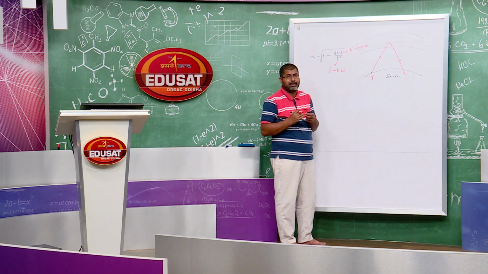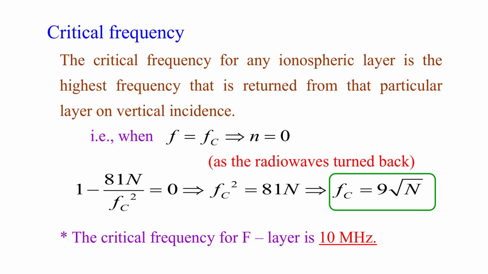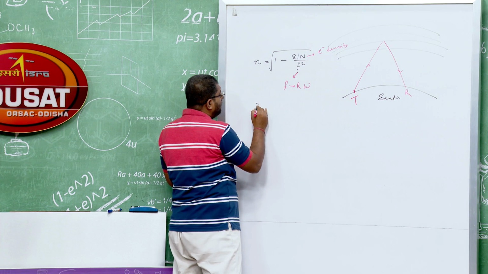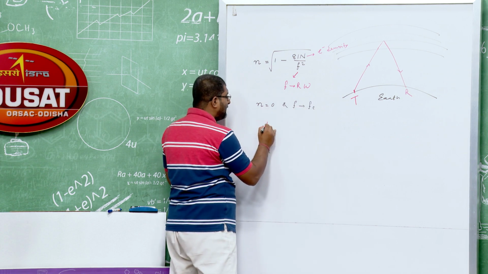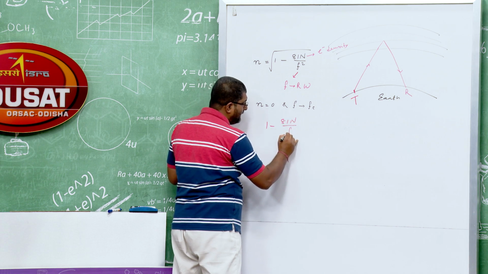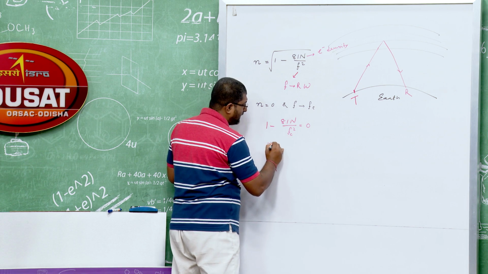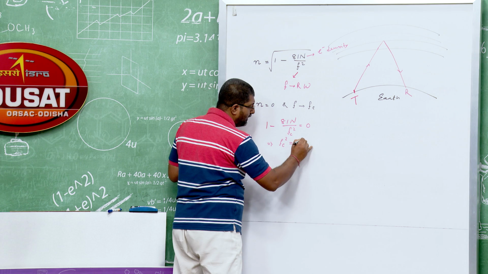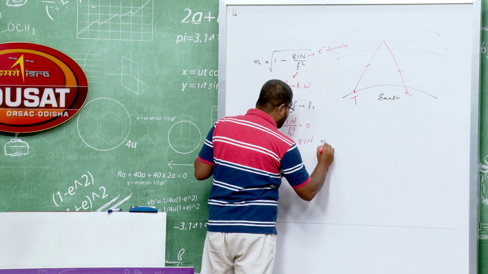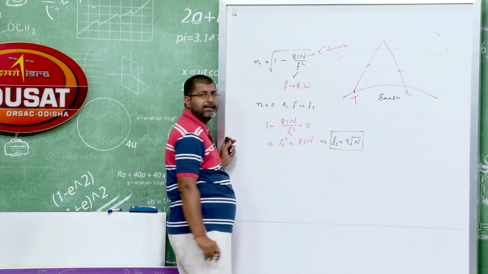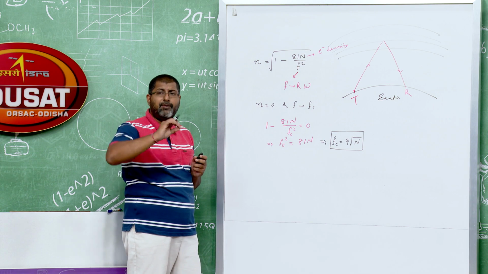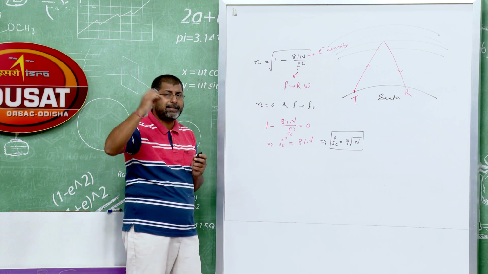Now, come to the critical frequency. The critical frequency for any ionospheric layer is the highest frequency that is returned from that particular layer on vertical incidence, and since it returns back to earth, we can say that small n equal to 0 and f is your critical frequency f c. So, I can write that 1 minus 81 N by f c square equal to 0. This comes out to be f c square equal to 81 N. That implies f c equal to 9 square root of N. This is the expression for critical frequency for any ionospheric layer, where capital N is the electron density of that